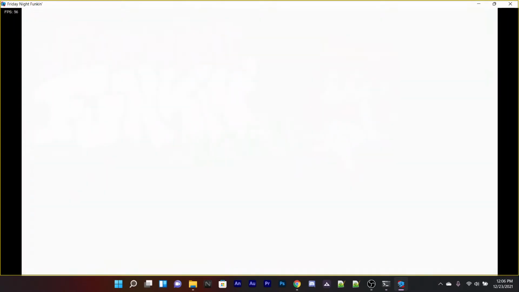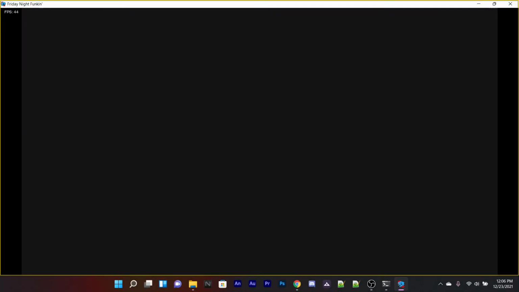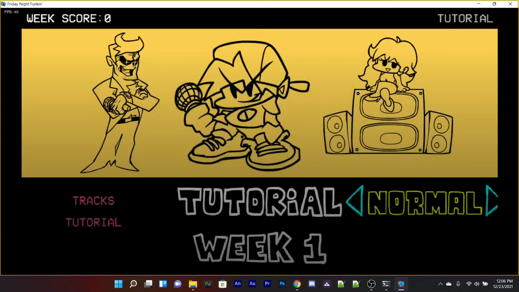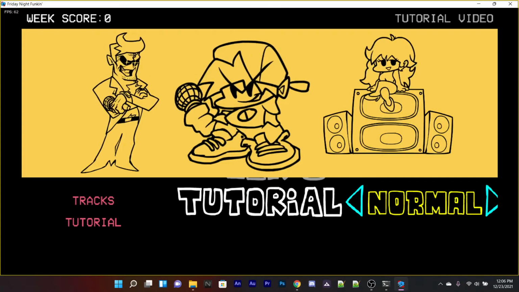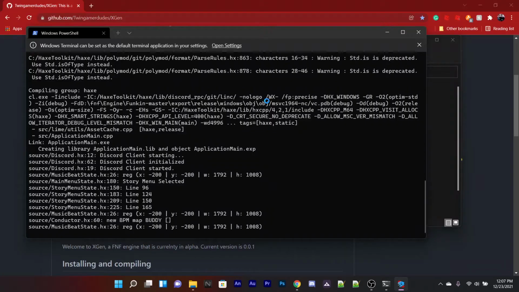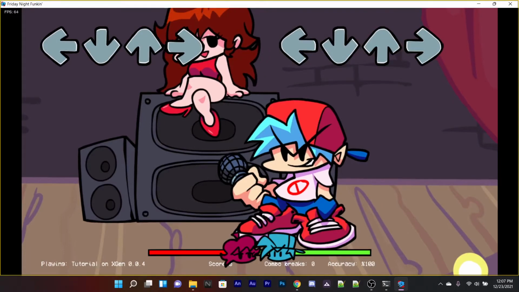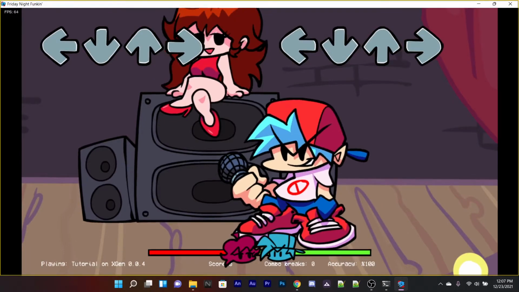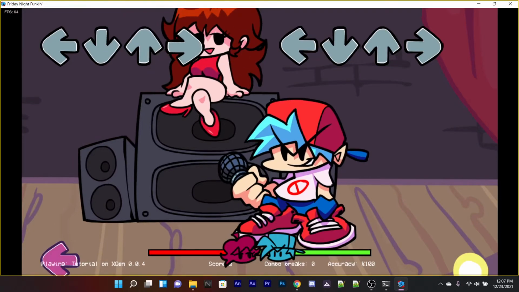And now load Friday Night Funkin'. If you go to the story menu, let's go to this week. Tutorial. Yes, you're loading the tutorial song, it's going to bring us to tutorial. 3, 2, 1, go! There it is. And if you have your own song, it should load into that. If you have a JSON and a song file,